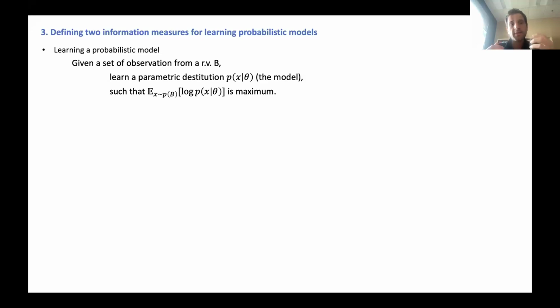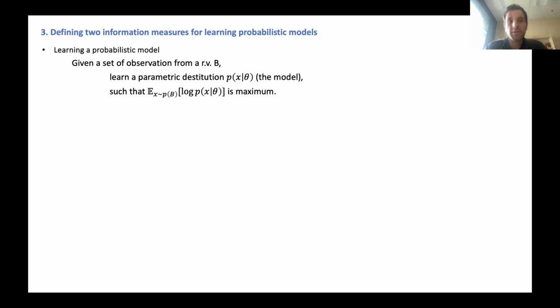And what is really important to note is that this encompasses a wide range of machine learning problems, from, I don't know, MNIST classification to current large language models. What you are training is a distribution. Your model is a distribution. And you sample your distribution at the end. That's why they call it generative AI, because you generate samples. So variational autoencoders, generative adversarial networks, any of these large language models, they all fit in this category. And so what we want to say applies to all of them.